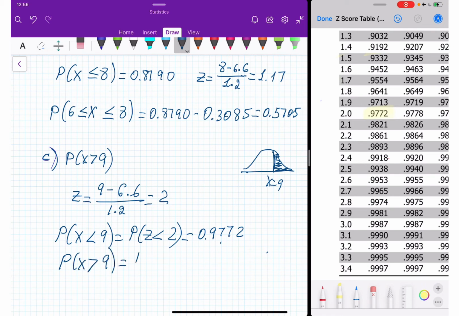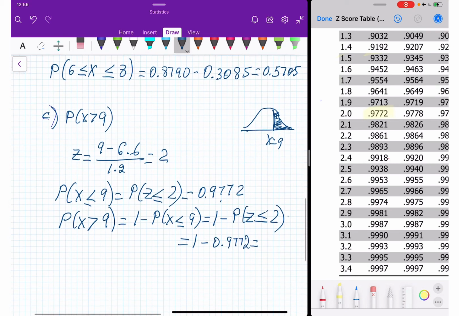It's going to be equal 1 minus probability for x less than 9, or we can put equal sign, it doesn't matter. When it has less, you can always put equal with it, which is equal also. Now we convert into z-score. Z-score less than or equal, I put equal here also. Either way. So that's going to be 1 minus 0.9772, which is equal